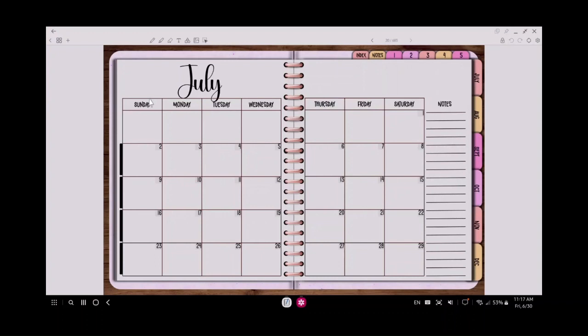So this is what your month is going to look like. It is a Sunday start, a traditional month. I will point out that I stopped at July 29th. Of course, we know that July has 31 days in it. So the traditional way of